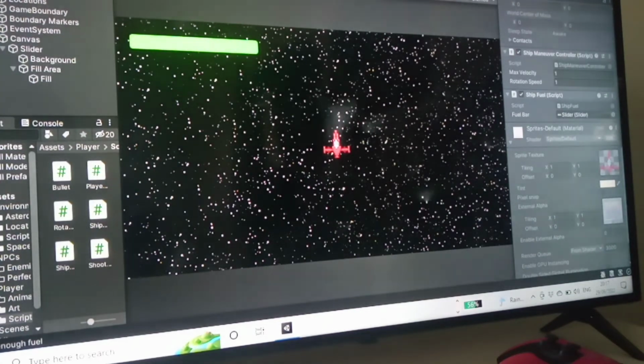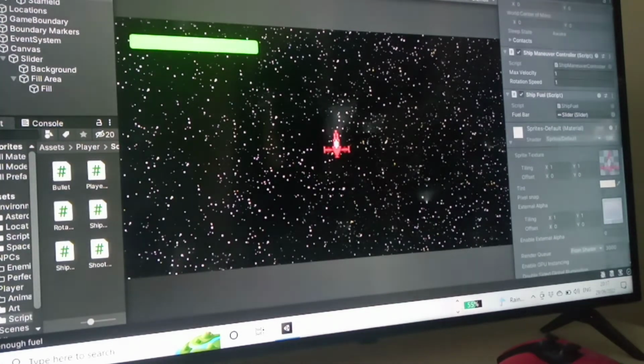I might even have the quad, I don't know, maybe have the quad as a child of Cinemachine, and then have Cinemachine follow the player object, and that might sort out the rotation issue that I'm getting. Because at the moment,